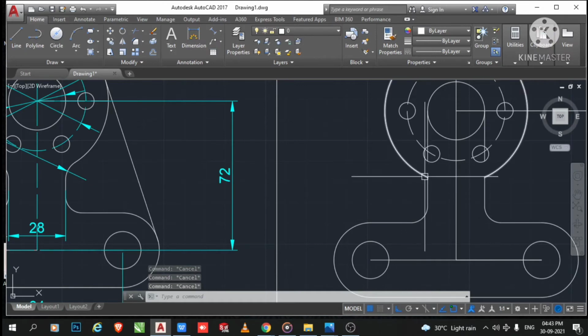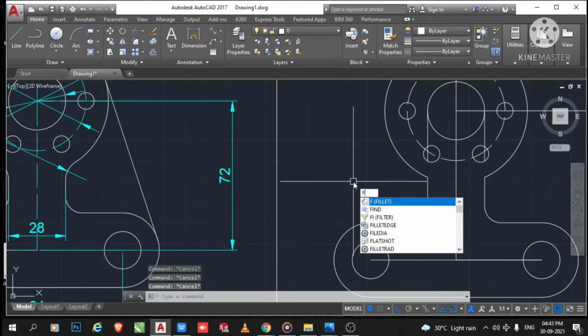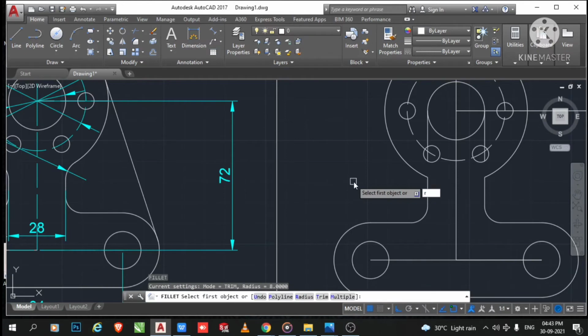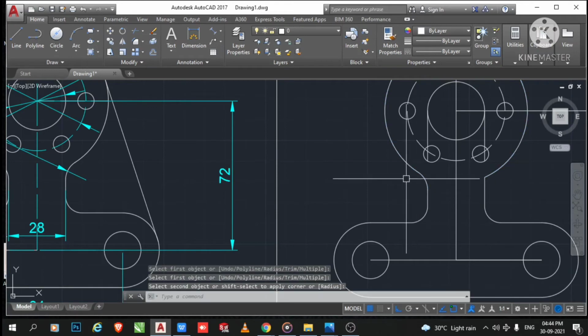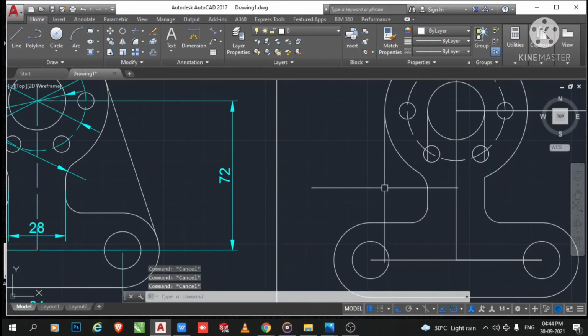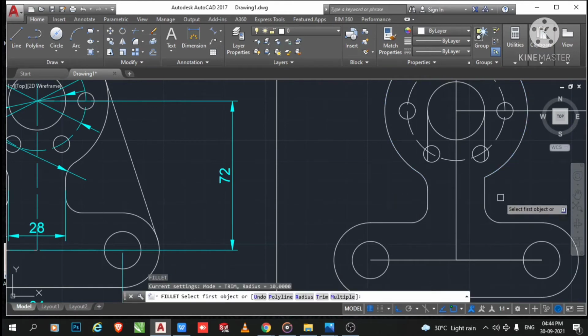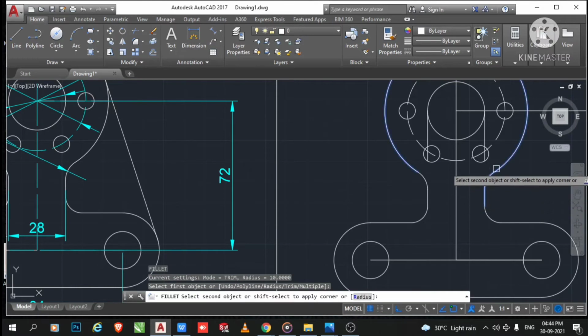So again go to the fillet, enter, R for radius, enter, and here we apply the 10 radius. So select this one, select this line, first line and this circular line. Okay, again go to the enter for repeated command and select this one.